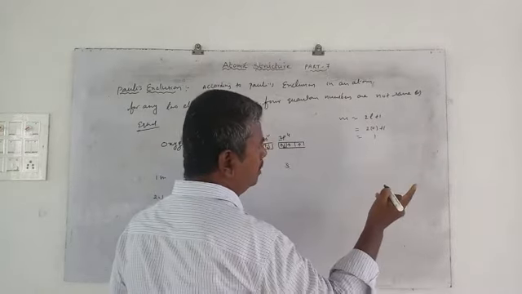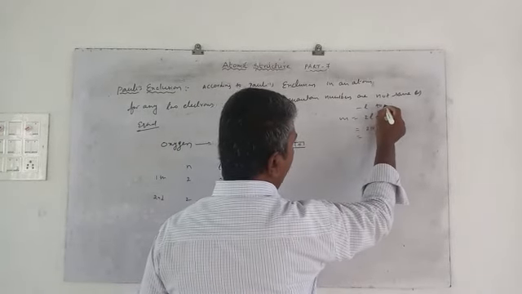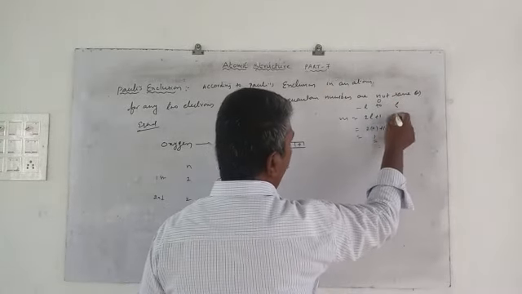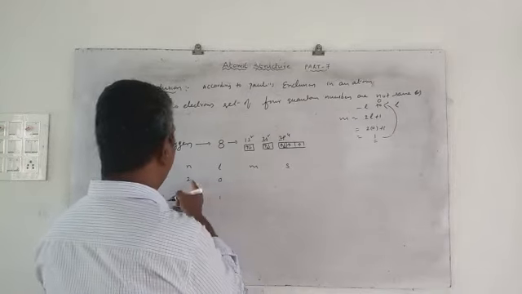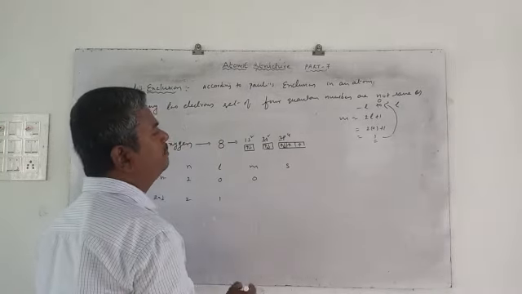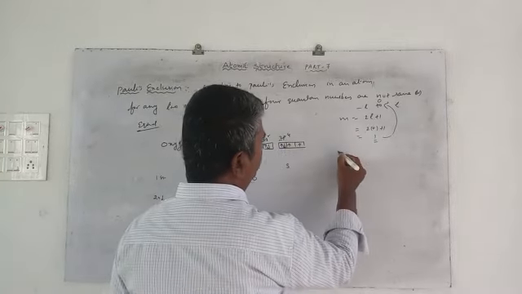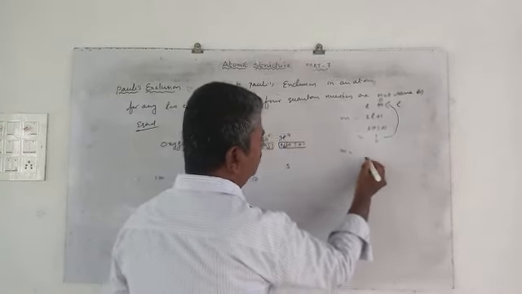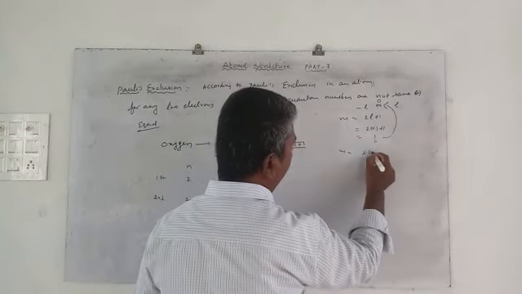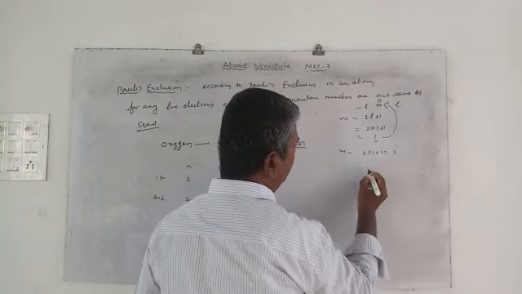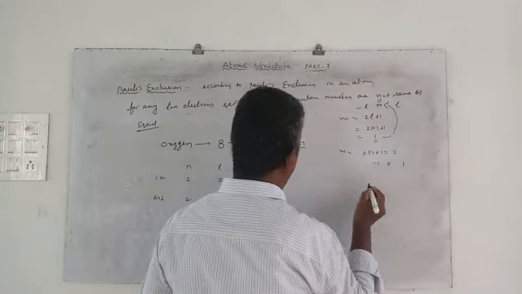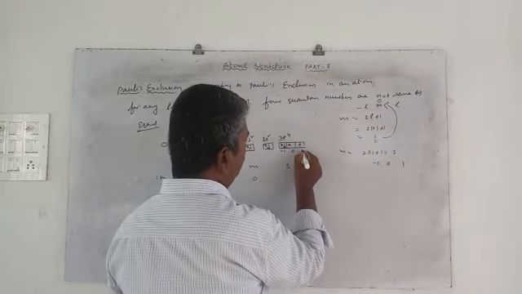The m values are from minus l to plus l, including 0. That one m value means it will be 0. So for the s orbital, the m value is 0. For the p orbital, the number of m values is 2l plus 1, and for the p orbital the l value is 1. Then we get 3 values, from minus l to plus l, that means minus 1, 0, 1.